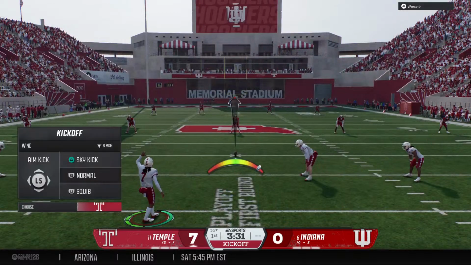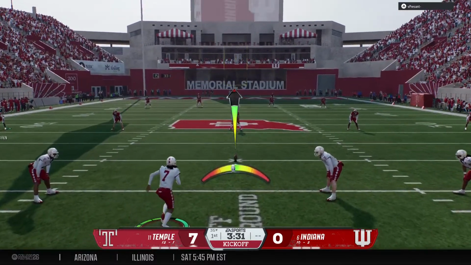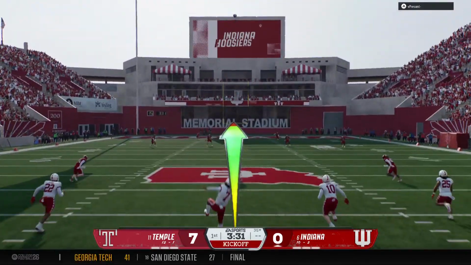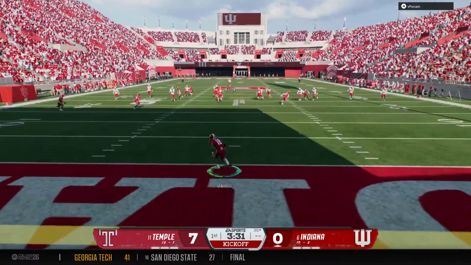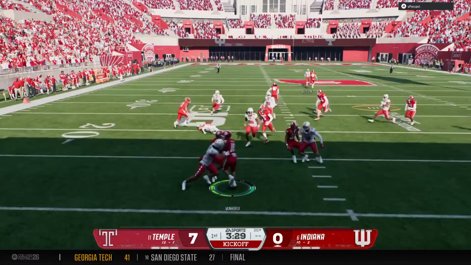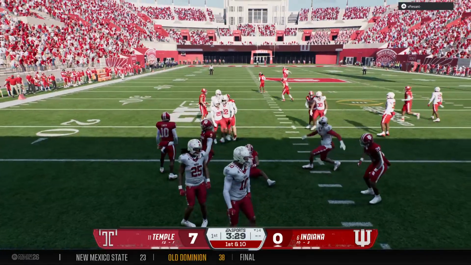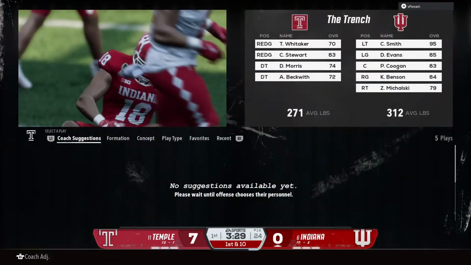So after putting up the touchdown, the kickoff team is out there to boot it away. And from deep in the end zone, he'll bring it out. Tackled at the 14. Not very good field position to start here.